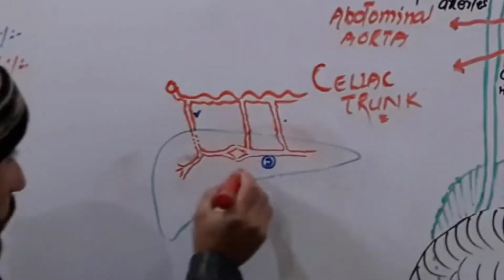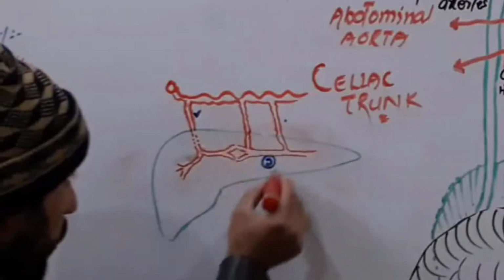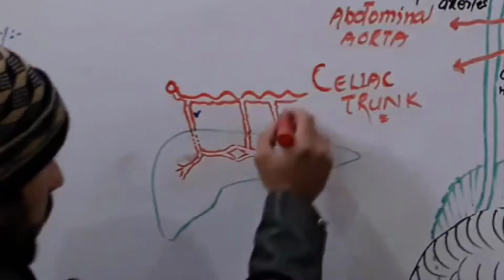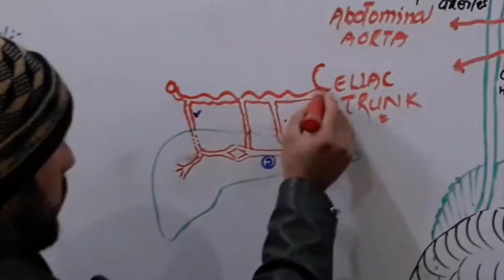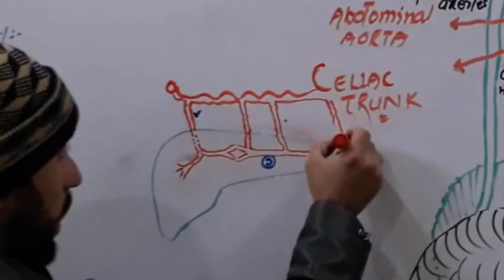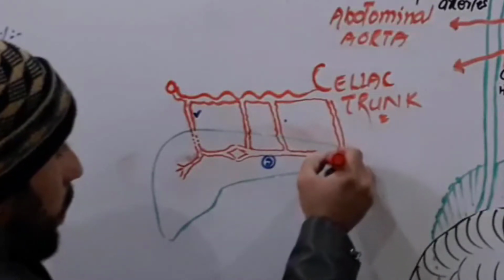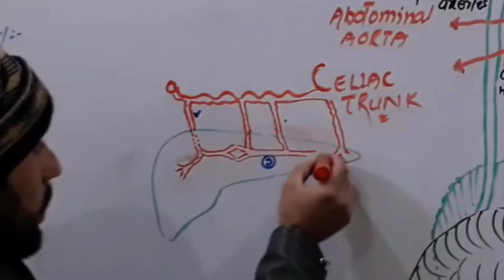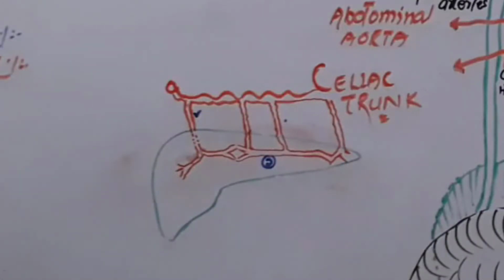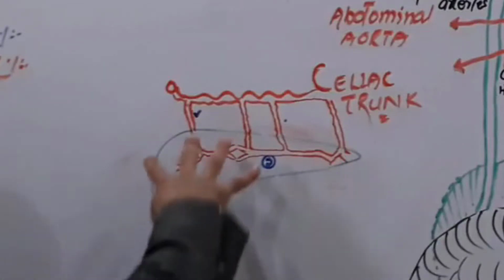So it makes anastomosis here and mostly supplies the body of the pancreas. Clear? Okay, then when the splenic artery moves forward, here is a branch which arises from the splenic artery and enters the tail of the pancreas. That's why we call this artery the artery to the tail of the pancreas, right? So these four branches,